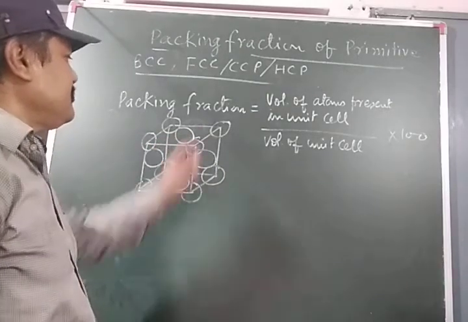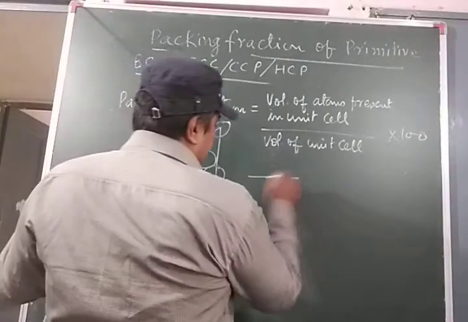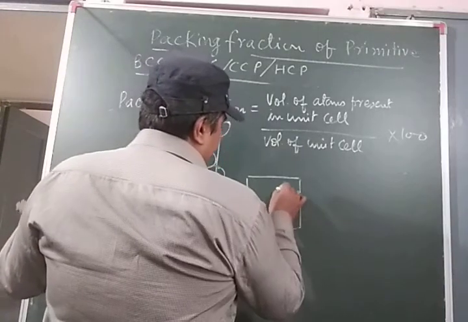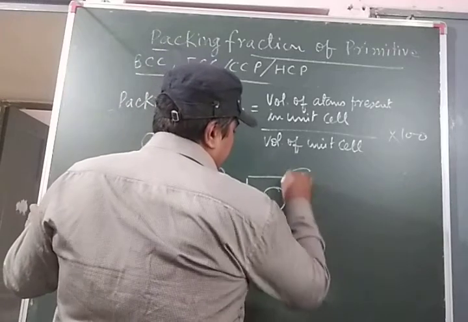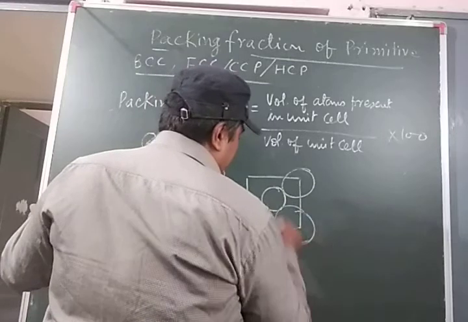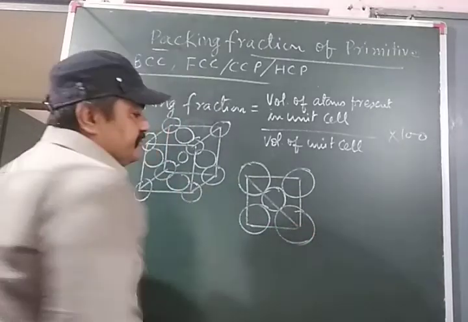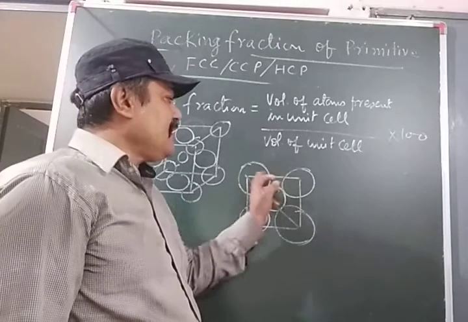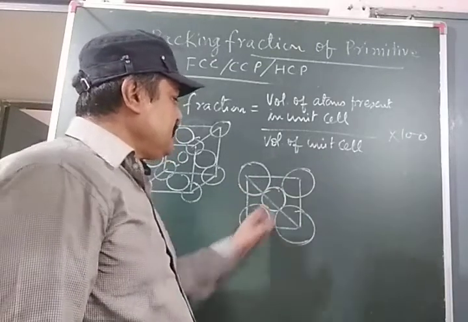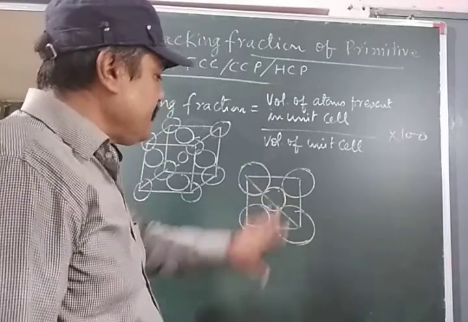All these are touching with each other, these are also touching with each other, लेकिन फिगर की वजह से नहीं दिख रहे। मैं इसको फ्रंट पोज इस तरीके से जैसे बनाता हूं, this atom is present in this way. This is face diagonal. These two are not touching with each other, but these three and these three are touching with each other, and this is a face, okay, particular face.